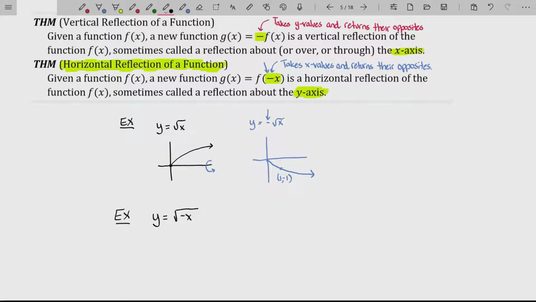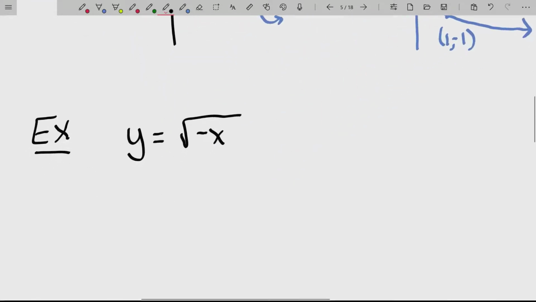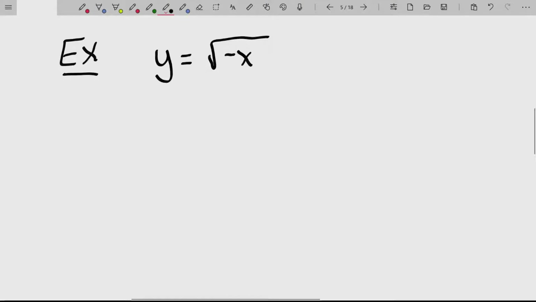Now, some people will say, you can't have a negative underneath the square root. And I would say, you're absolutely right. On the Cartesian coordinate system, because the Cartesian coordinate system only deals with real numbers, you're absolutely correct. The square root will not take a negative as its argument. If you think about what the